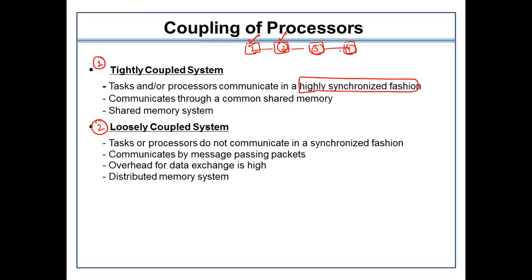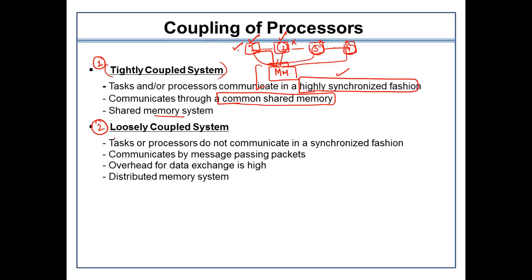So why is this the case? Because they are sharing the common shared memory. In the tightly coupled system, there is only one passage to share this common main memory. That is why they work on the procedure of sharing the memory system, and they always work in synchronization with each other. When CPU 1 is accessing the main memory, CPU 2, 3, or 4 is not going to disturb this communication. The same holds for the others also. This is what we call a tightly coupled system. They are coupled tightly together and are highly in sync with each other.